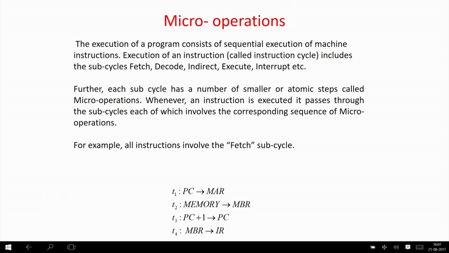So, for example, we are going to take a fetch subcycle. We are going to take fetch, decode, indirect, execute, interrupt. Many subcycles are there, we will take one at a time. So, let us take fetch, that means memory is